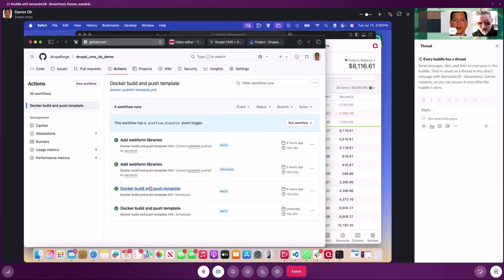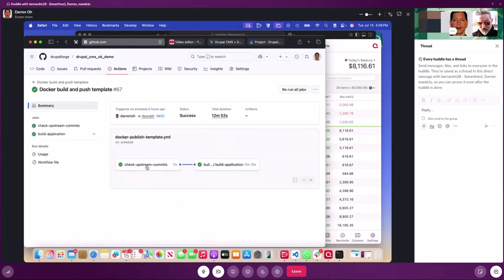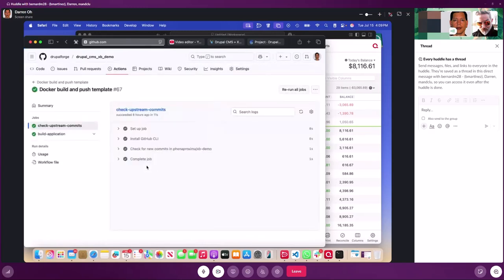So I've created a GitHub workflow that checks for upstream commits every day. And if it finds any, then it rebuilds the application. It generates the image so that the app stays up to date. The other way the app stays up to date is that I commit very little